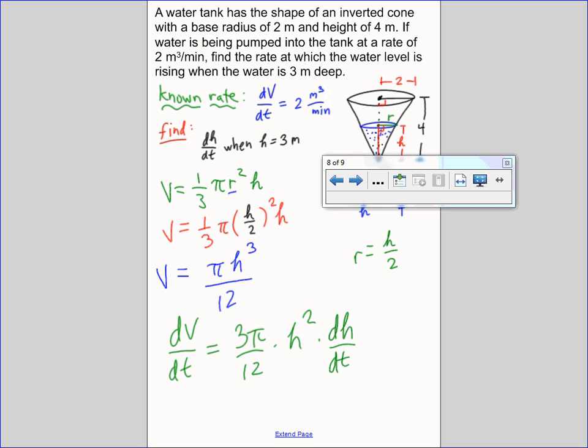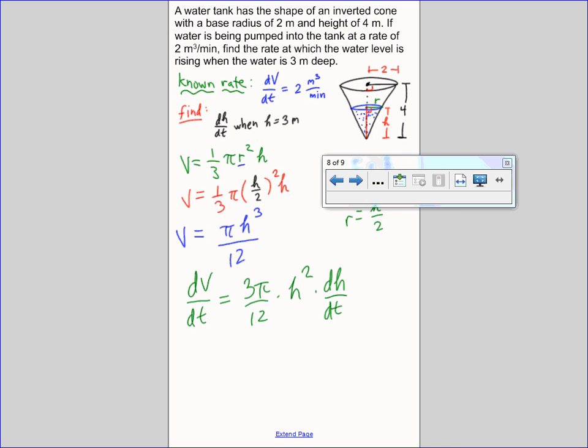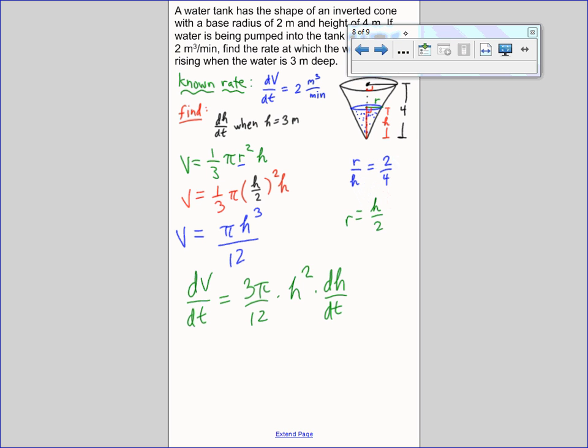Did we get everybody? Yes? So then 3 pi over 12 will reduce to pi over 4. We're solving for dH/dt. So I get pi over 4,